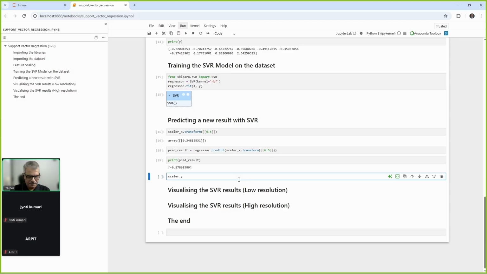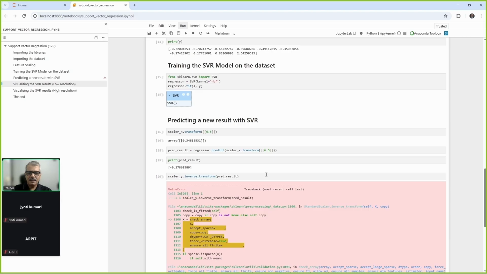Scalar y dot inverse transform and pass pred result. So this pred underscore result is a 1D array. Okay, this 1D array has a single value. Okay, run this